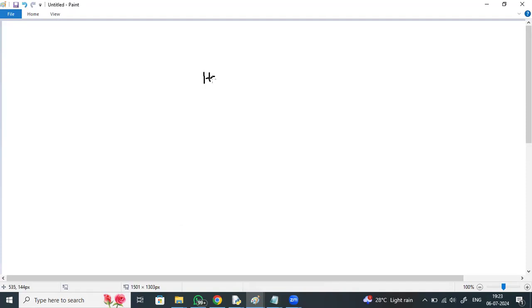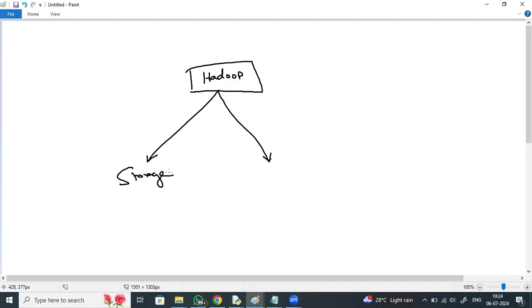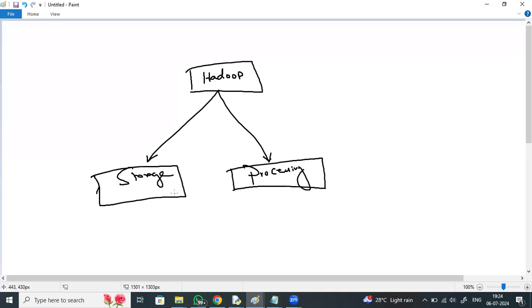we have got a framework called Hadoop. Hadoop mainly provides two things: storage and processing. Unlimited data storage is possible, and processing. Any technology either performs storage or processing.